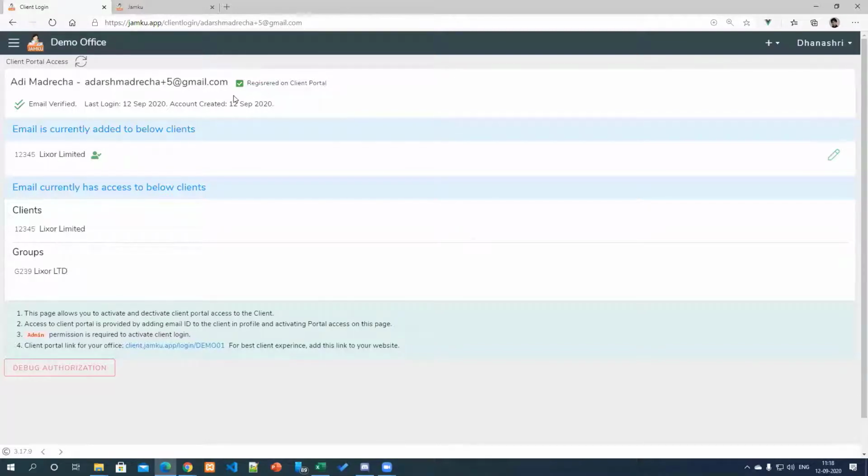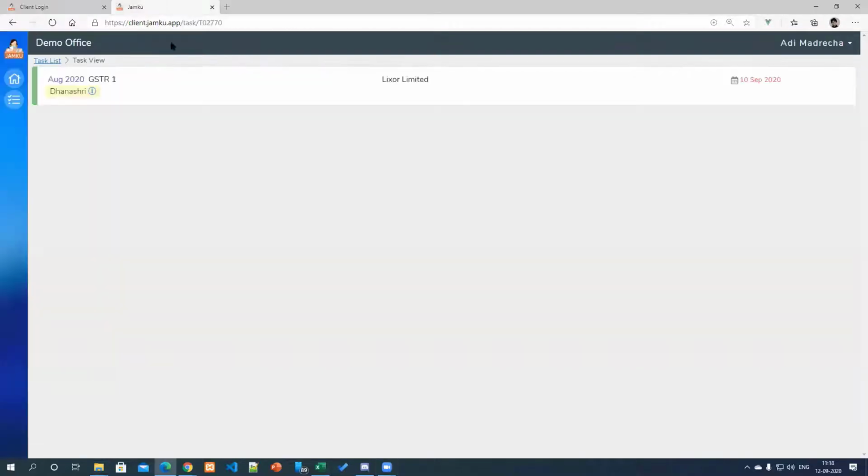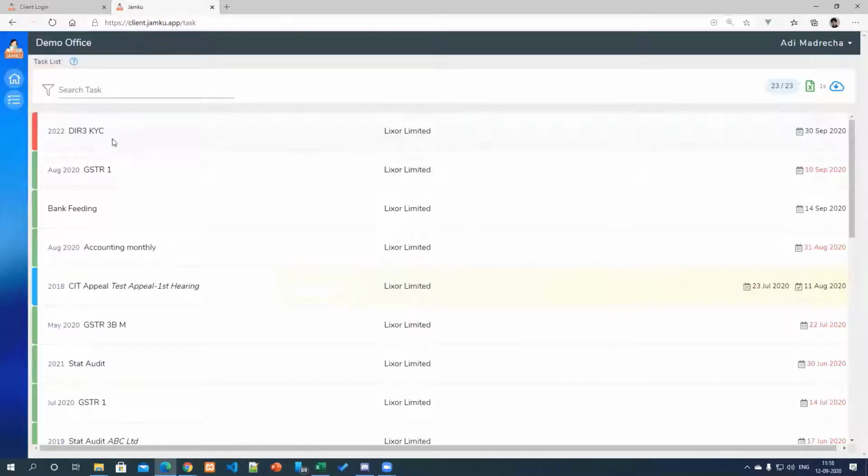Now coming to more questions. Client also come to know the status of the work, even completed task also know or view. Yes, Tejas. So clients can come to know about the task status. In the task list, here you can see on the left hand side, we have this color scheme. So by that you can see ongoing, completed, stuck, ignore, all tasks are visible to the client.